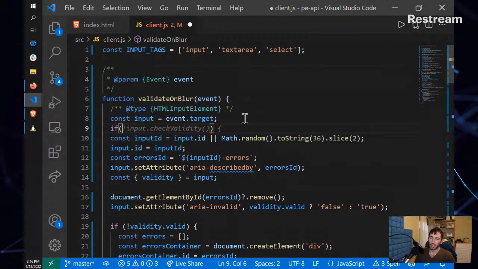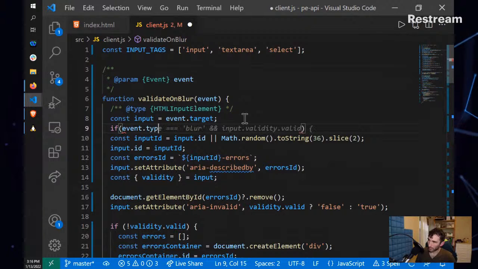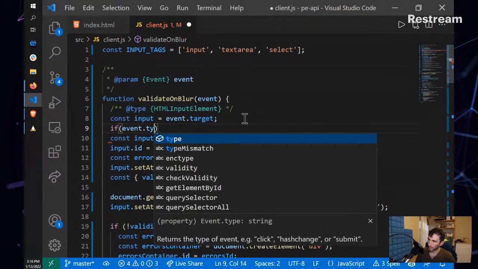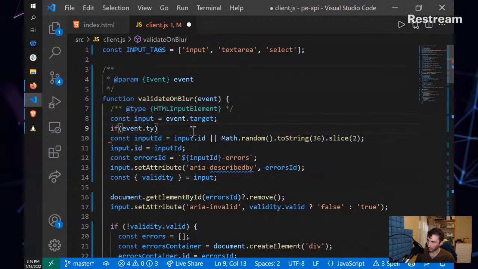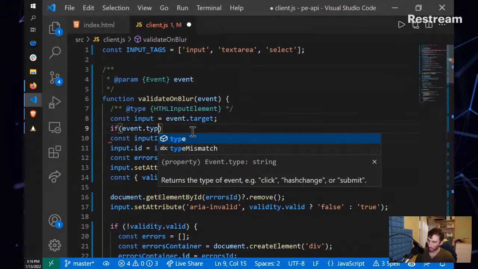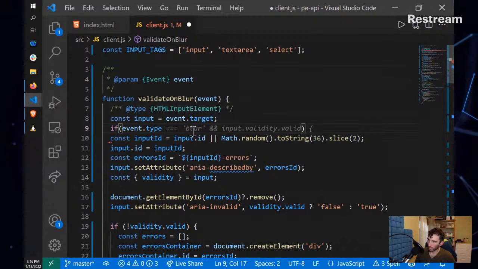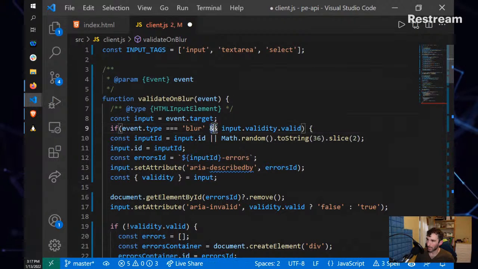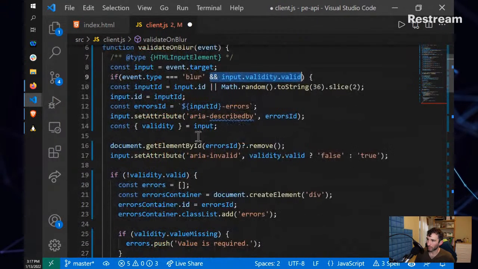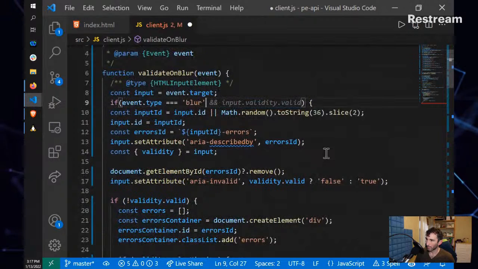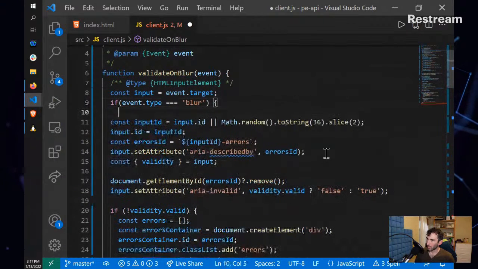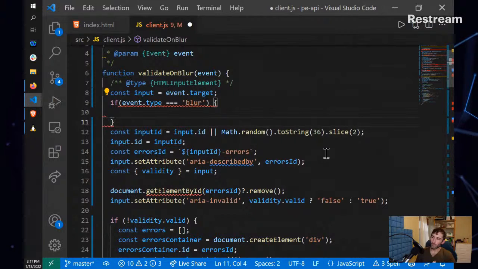if the event type, what are you trying to tell me, Copilot? The event type equals blur. I don't really want to deal with the input's validity because we do that down here. So I don't need that part. Thank you very much. If the event type is blur, then,